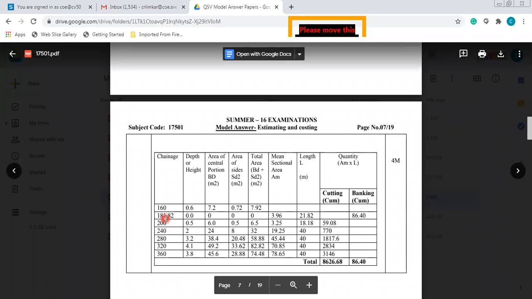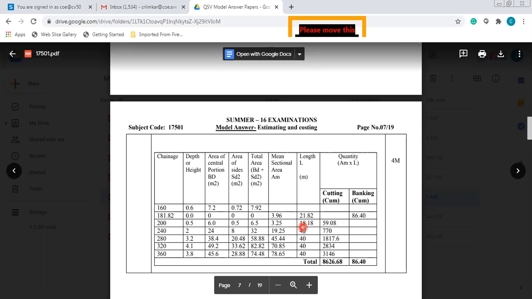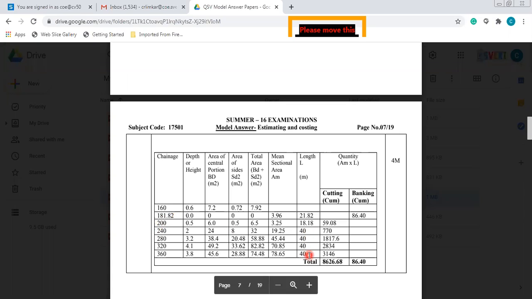Then from 181.82 to 200, what will be the remaining calculation? It is 18.18. Then again from 200 to 250, the difference is 40, 40, 40, 40. Okay, and after taking your mean sectional area, that is nothing but the AM value, AM multiplied by this length,